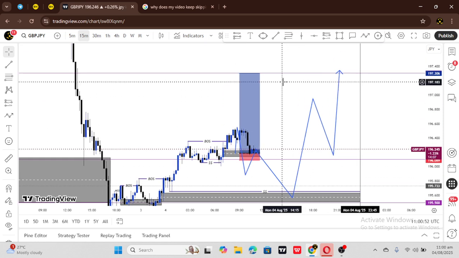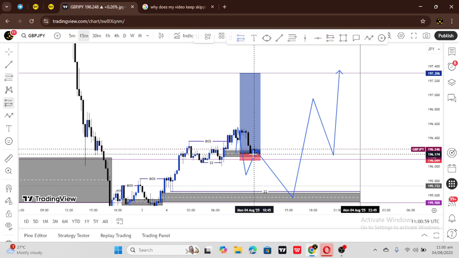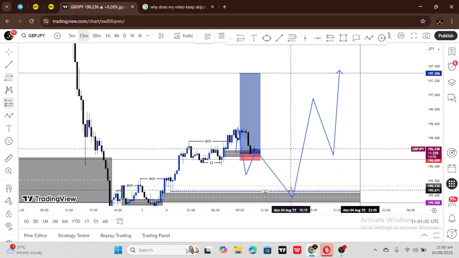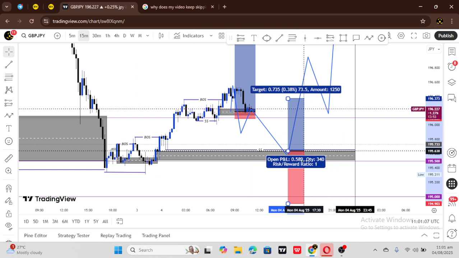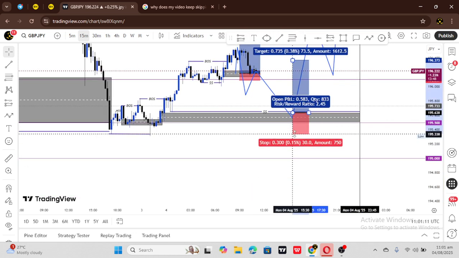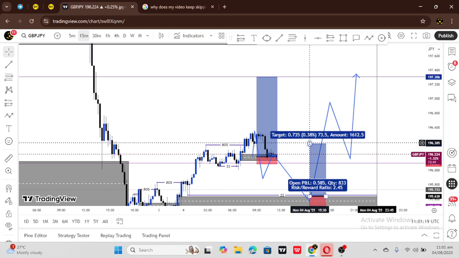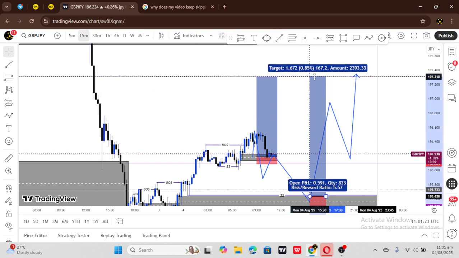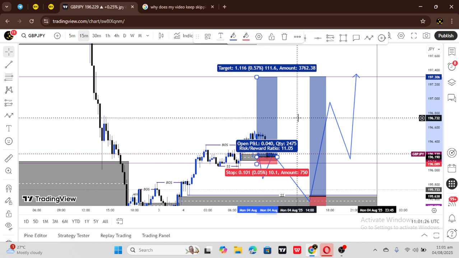So any of this can happen, and if it should break below this zone of mine and hit this SL, I still have another point here that I would love to buy the market. So I have two confirmations, two entries to see. I have two entries, and I don't need to get scared out. So we are waiting for any of this to happen. If the first one should happen, we will definitely get